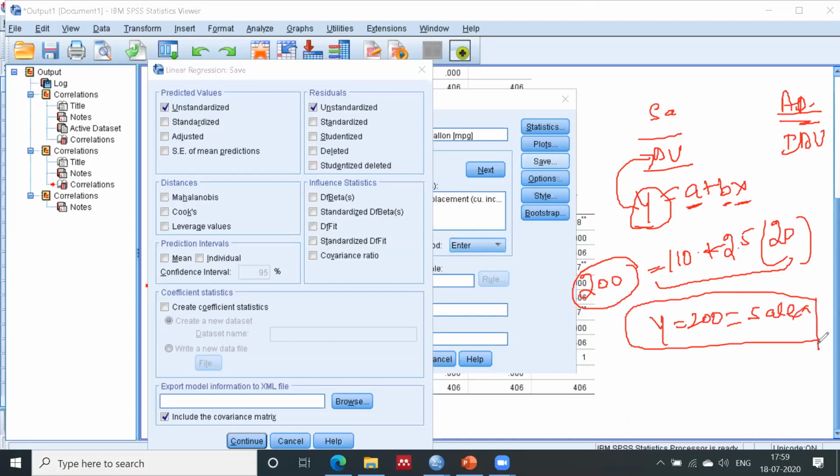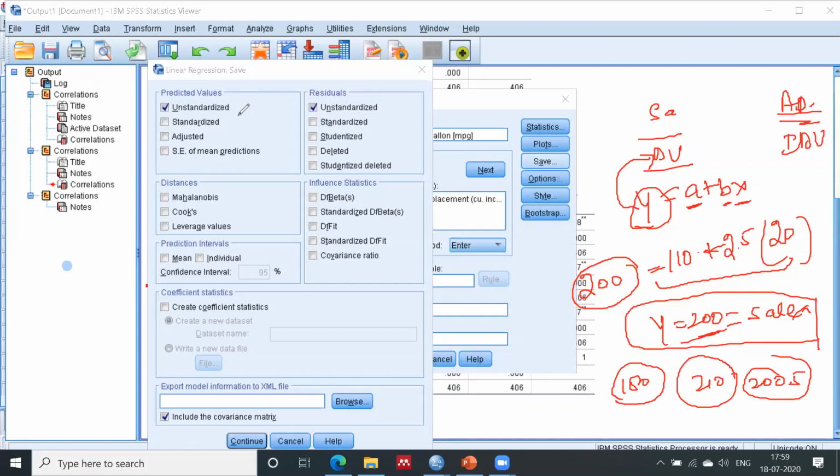Now the question is, what did you predict before analyzing the actual sales? Have you predicted 200, or 180, or 210, or 200.5 something, right?